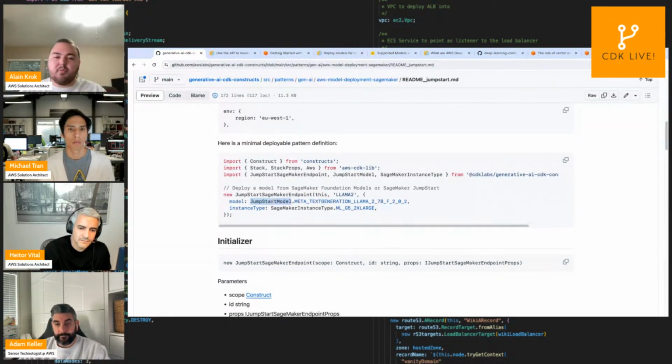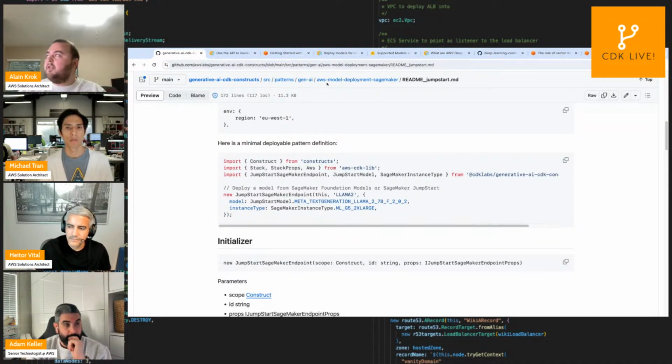You can just do JumpStart model dot, and you have access to all the models. So super easy. You just select, for instance here, the Llama 2 7B version 2.0.2, the instance type, and that's it. That will spin up the SageMaker endpoint with Llama 2, and you can send queries and get responses back.